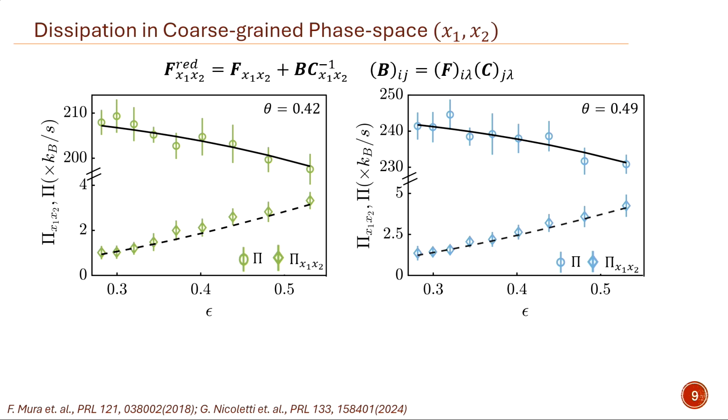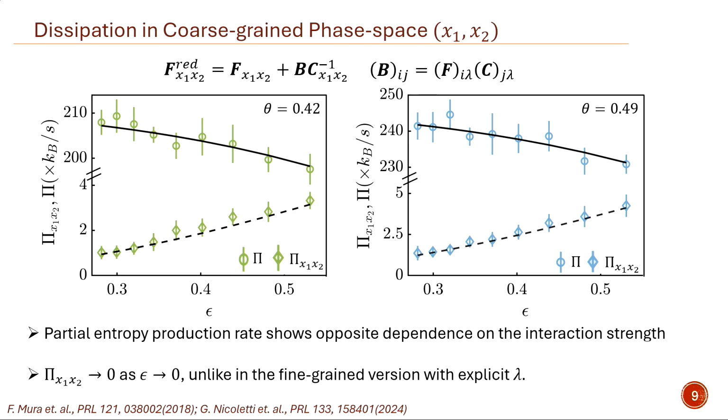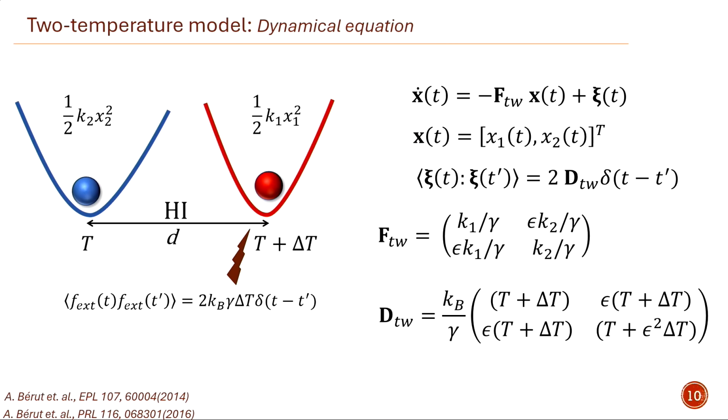And if the particles are far apart, the system is less non-equilibrium. So the partial entropy production rate actually shows the different rate. To verify it, we looked at a system called the two temperature model, which was designed in this paper, where